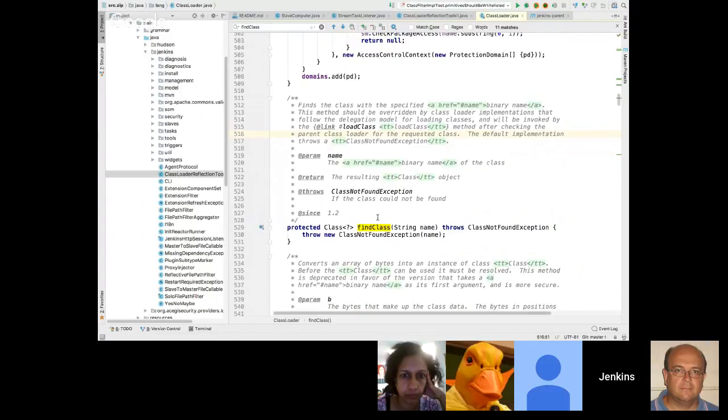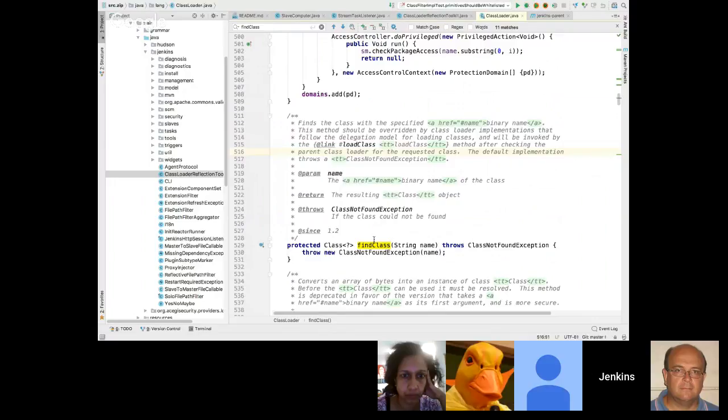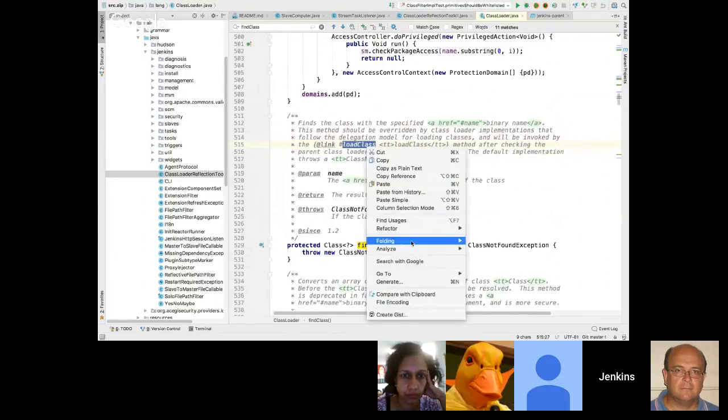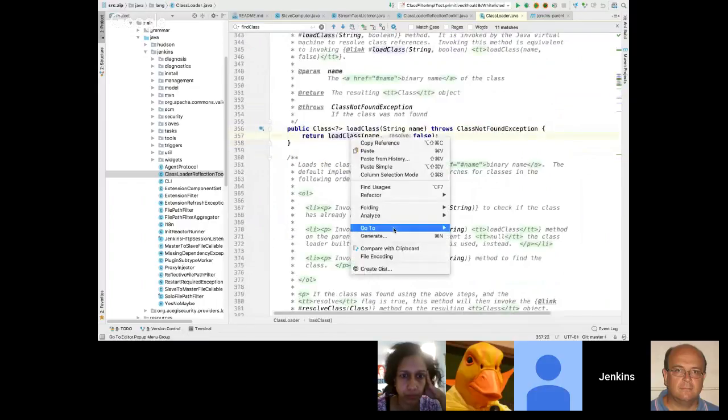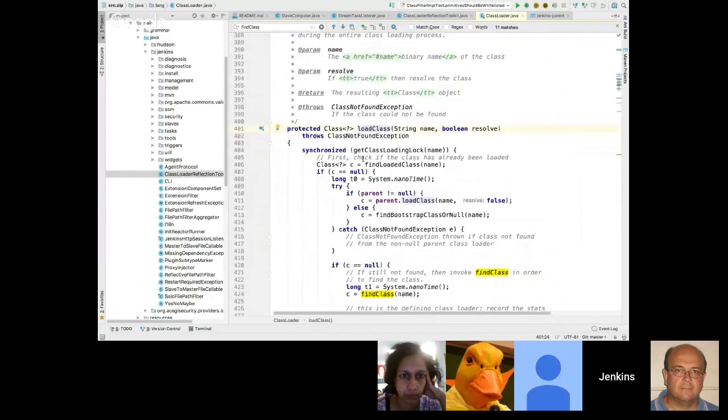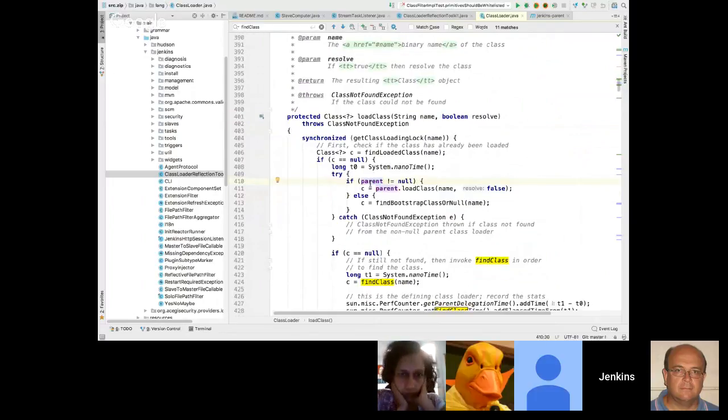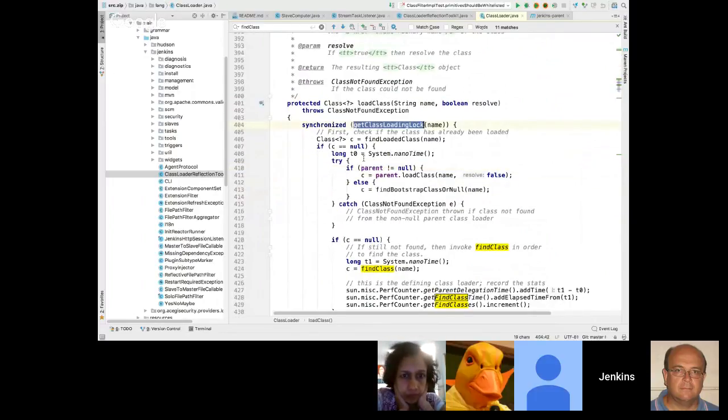What we can do is firstly check what the loadClass implementation is, whether we can replace that. Okay, so we go here and then we go here. And here we can see the logic. So here it gets a class loading lock.